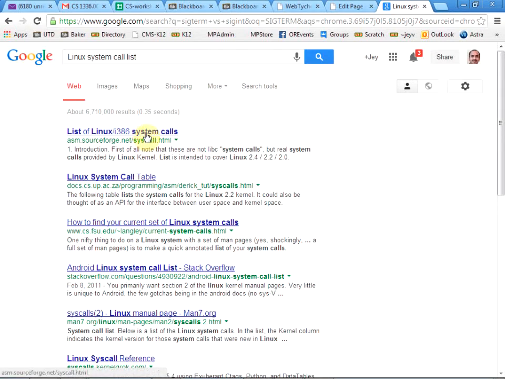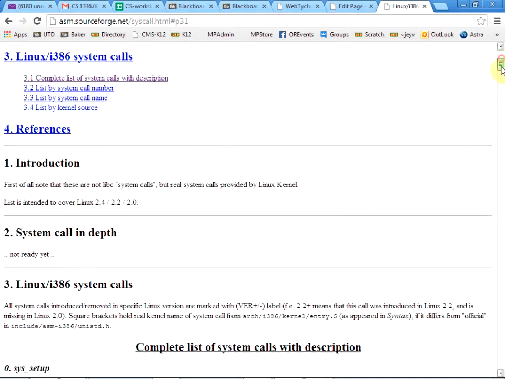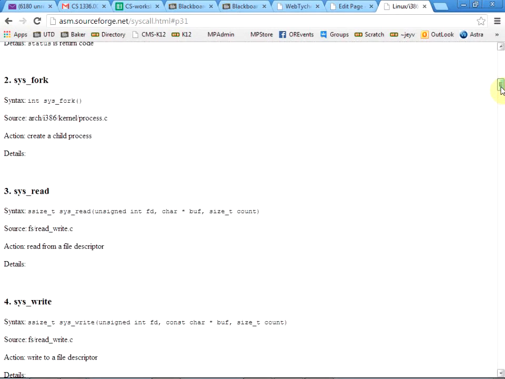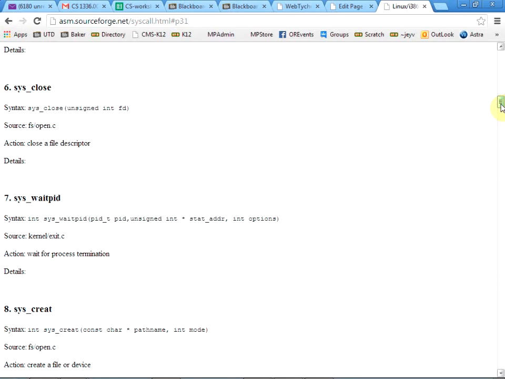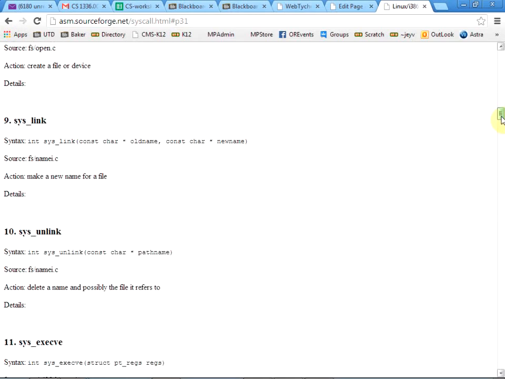Table, which one is good? Complete list of system calls with description. Not a lot of description. Fork, read, write, open, close, wait. Remember the wait we talked about? I think that's create file, link, unlink.